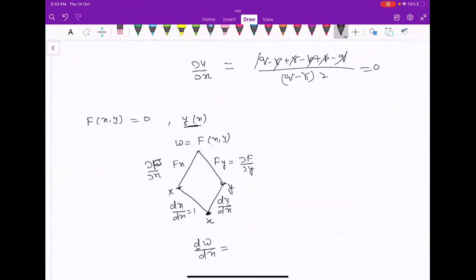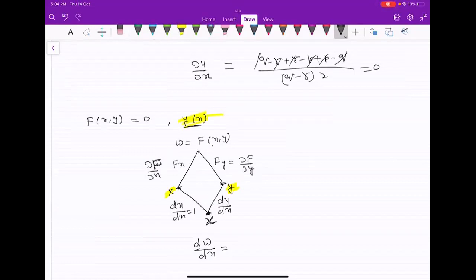Ma'am, please repeat this. Look, what do you have? Here you are getting some implicit function. The function is a function of x and y only, and y is given as the function of x. Okay, and you have to compute dw over dx. So w is the function of x and y. So f is associated with two variables, x and y, and y is the function of x. So that's why we can write it in this form.